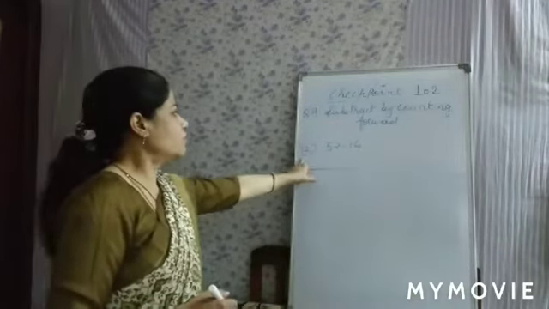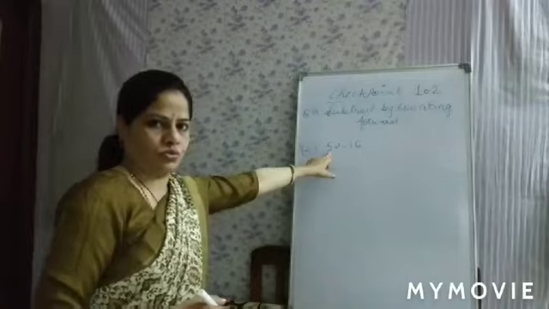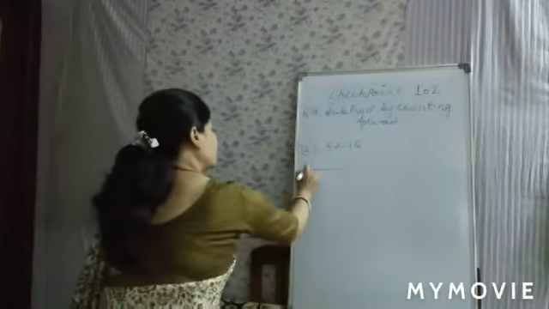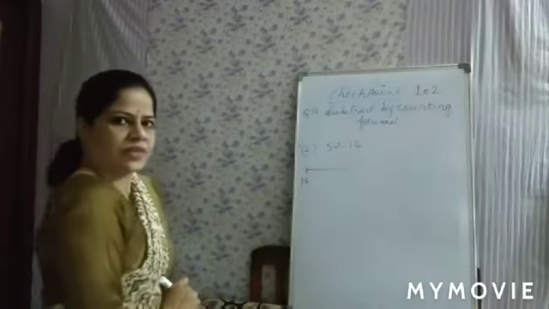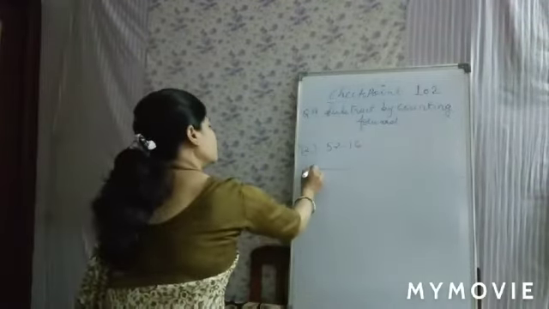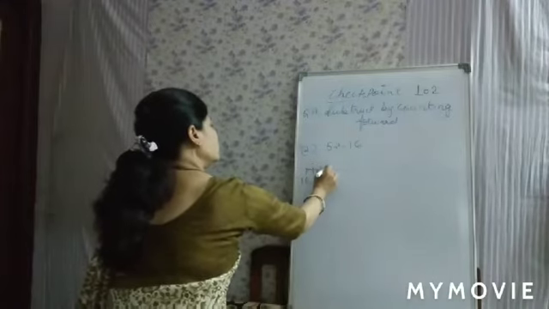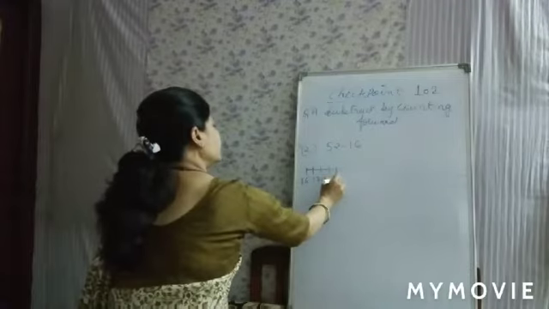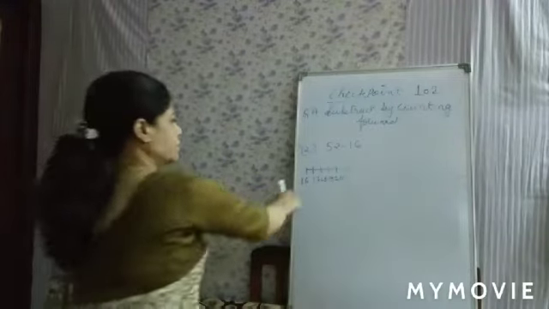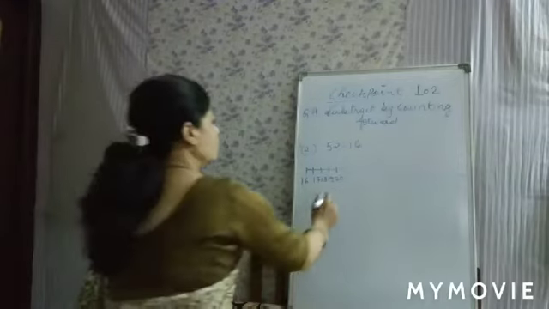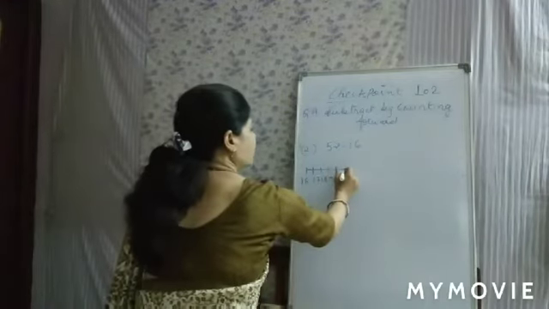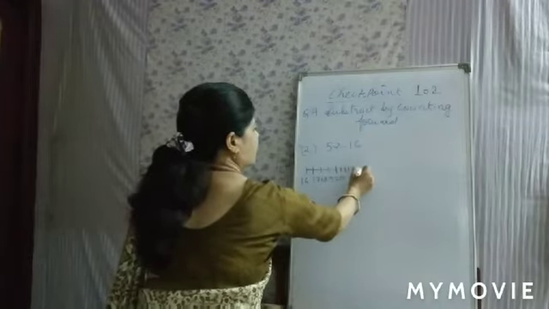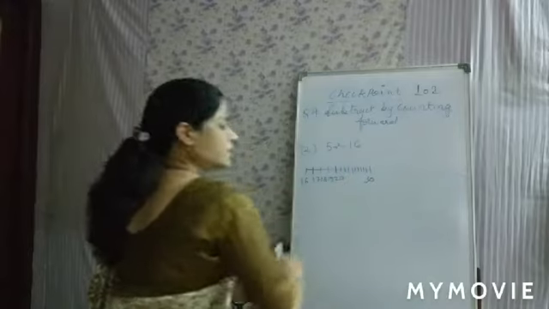In the next question, you have to subtract 16 from 52. So, which is the smaller number here? 16. So, at the corner of the number line, you have to write 16. And then, you have to draw 4 lines for 17, 18, 19 and 20. Okay. Then, after 20, you have to draw 10 lines, 1, 2, 3, 4, 5, 6, 7, 8, 9, 10, and you have to write 30 here.